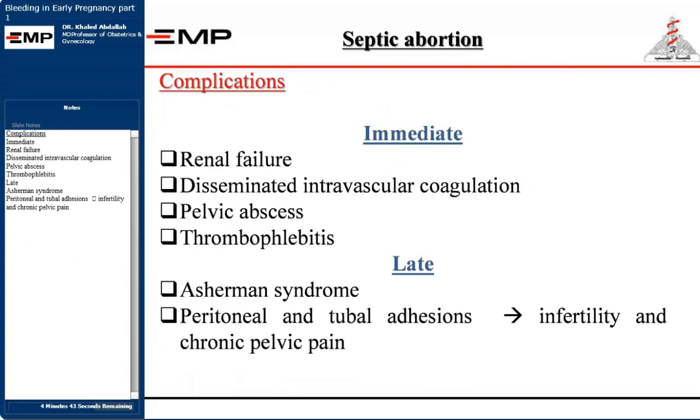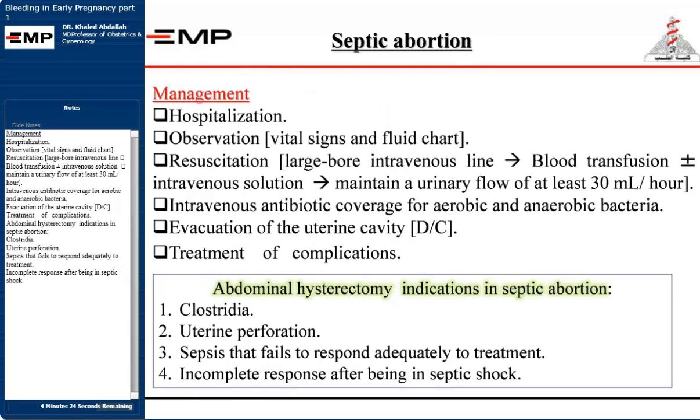Complications: immediate renal failure, disseminated intravascular coagulation, pelvic abscess, thrombophlebitis, late Asherman syndrome, peritoneal and tubal adhesions, infertility and chronic pelvic pain. Management: hospitalization, observation, vital signs and fluid chart, resuscitation, large bore intravenous line, blood transfusion plus or minus intravenous solution, maintain a urinary flow of at least 30 ml/hour, intravenous antibiotic coverage for aerobic and anaerobic bacteria,